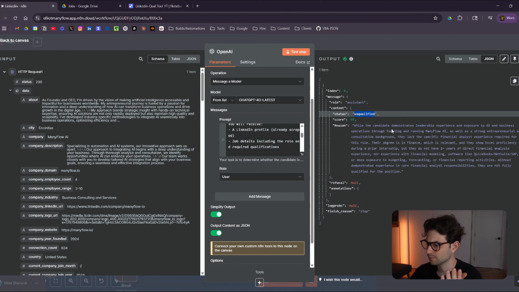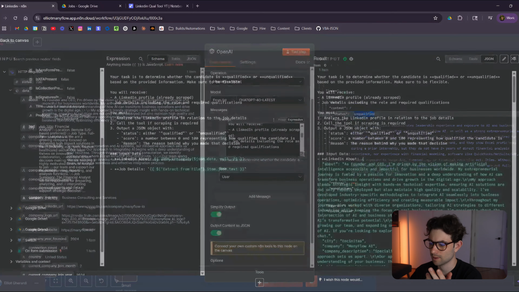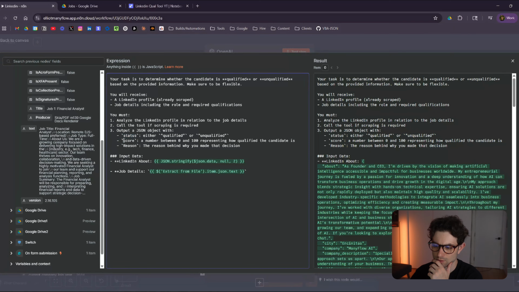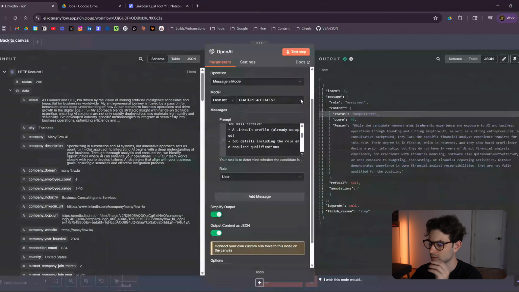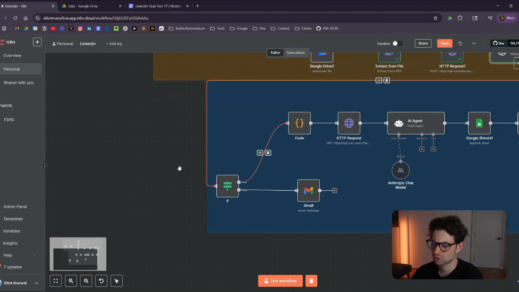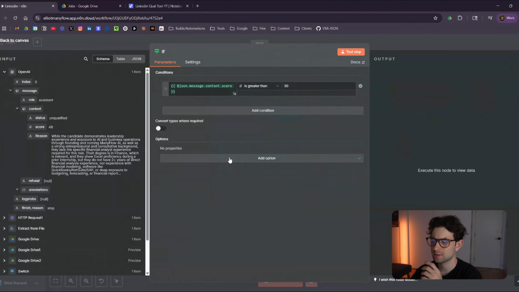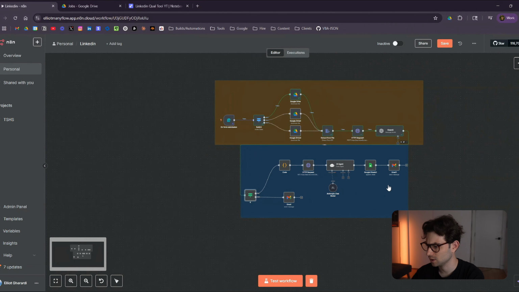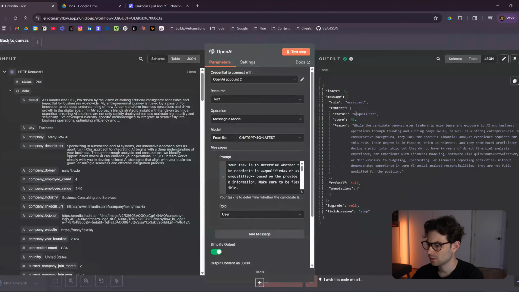And then that was basically it, right? We wanted the status, the score, and the reason. Because in my prompt here, status, score, and reason. So that is what this LLM step is doing. It's then going into an if statement. And this is very similar to the switch node, but it's slightly different. All this is doing is checking the score from our LLM step. Was it 48? I believe it was 48. Let me double check. Yeah, 48. It's checking if that 48